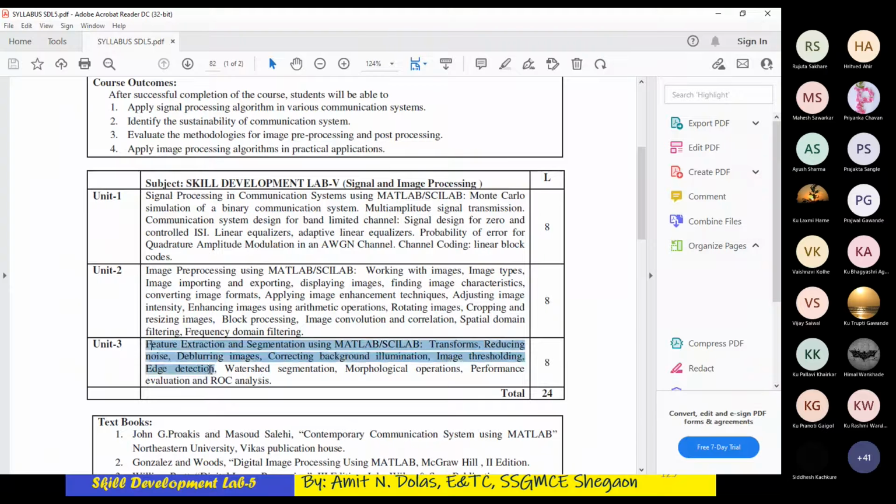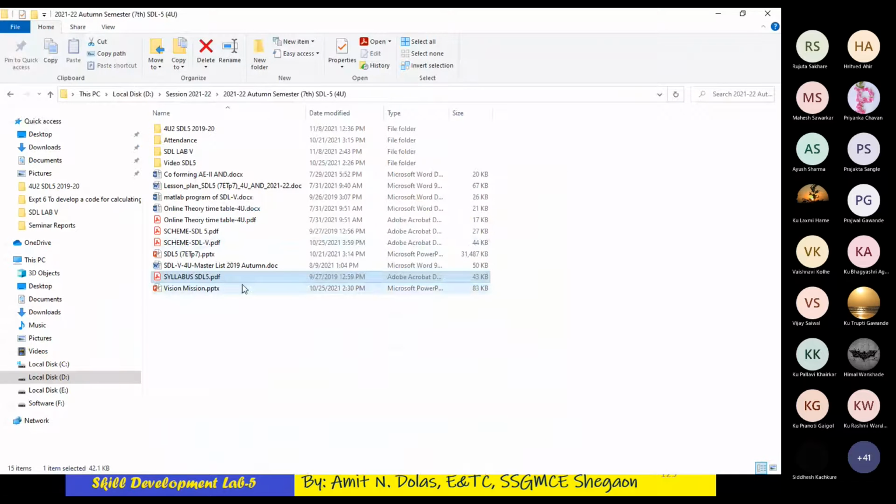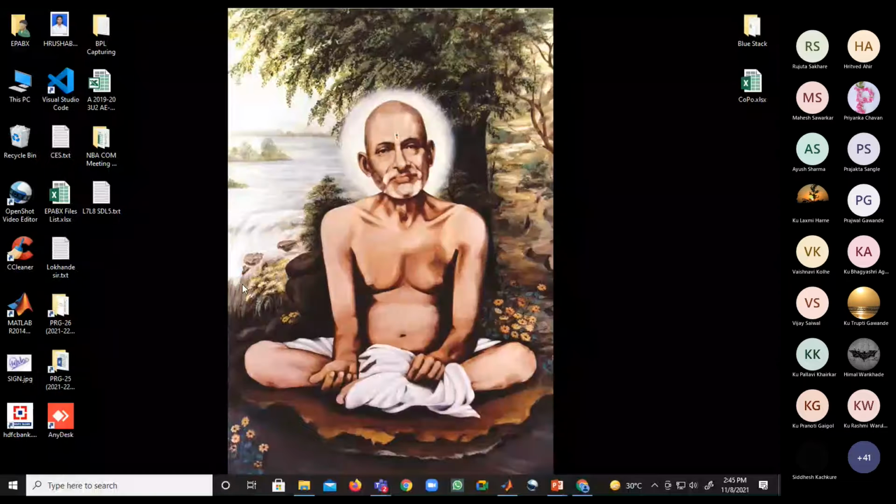Once these points are covered, later on we'll come to signal processing in communication systems, Monte Carlo. Experiments number 9 and 10 are based on unit number 1. We started with unit number 2 initially, as the number of experiments is higher on that unit, so we went through that first. So quickly what we'll do, we'll go through image rotation and resizing, and then we'll stop.